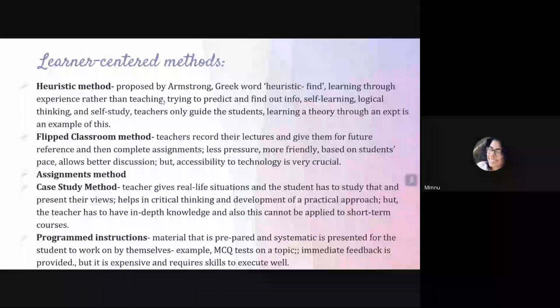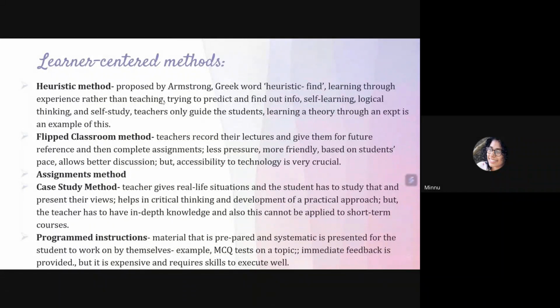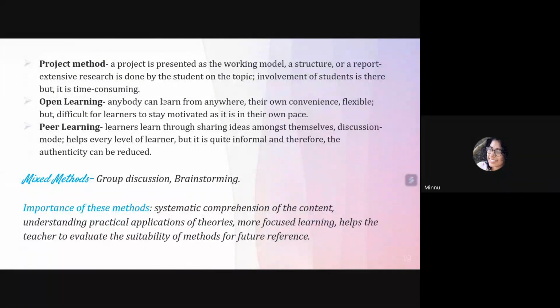So that is another very effective method, a learner-centered method. Now, another one is the project method, which is similar to the assignments method. Here the students are asked to present a working model, a structure, or a report of extensive research, and the involvement of students is there, but it is time consuming. So this is a very effective way to learn, because the student can work on a particular topic, and there